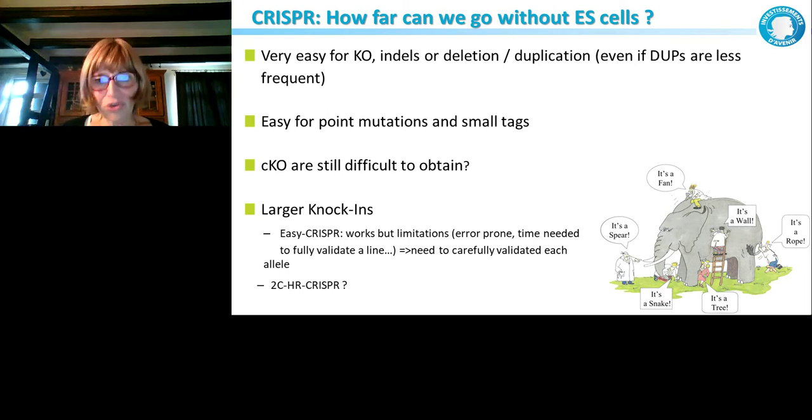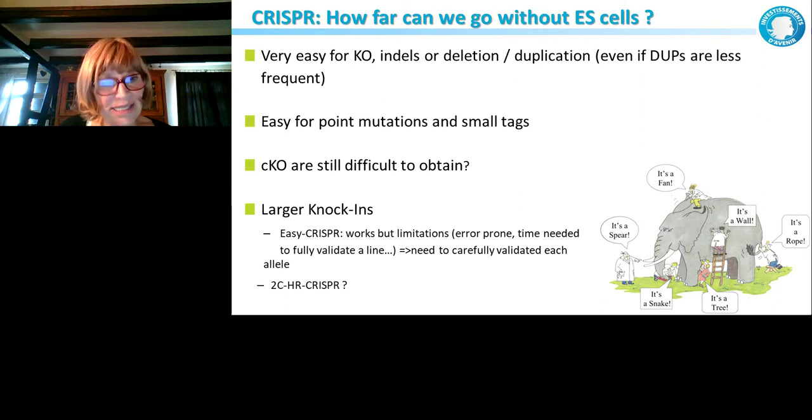And I think that you need to add droplet digital PCR, or even better, Southern blot that will give you the whole picture of your allele, because if you just do small PCR, you might miss some event. And I really believe that in the world, there are many lines that people believe they are fine because they did only small PCR. And if you would look much closer, you would see that everything is not completely fine. Then really be careful and look at the whole elephant, at the whole picture, instead of just at one little test that is sometimes not enough.